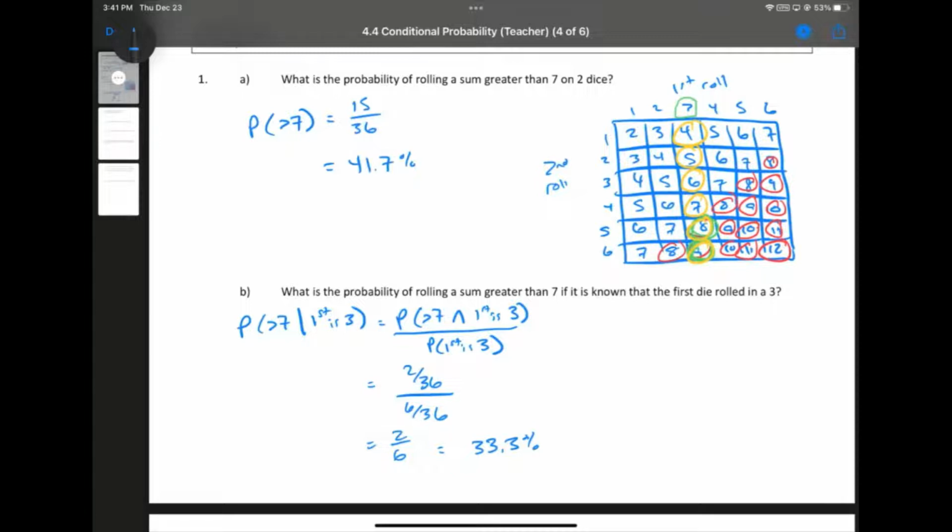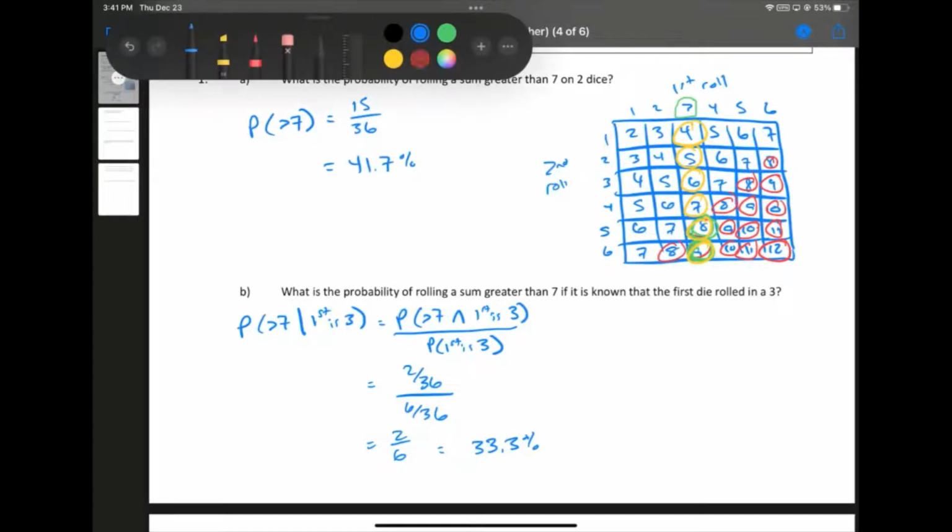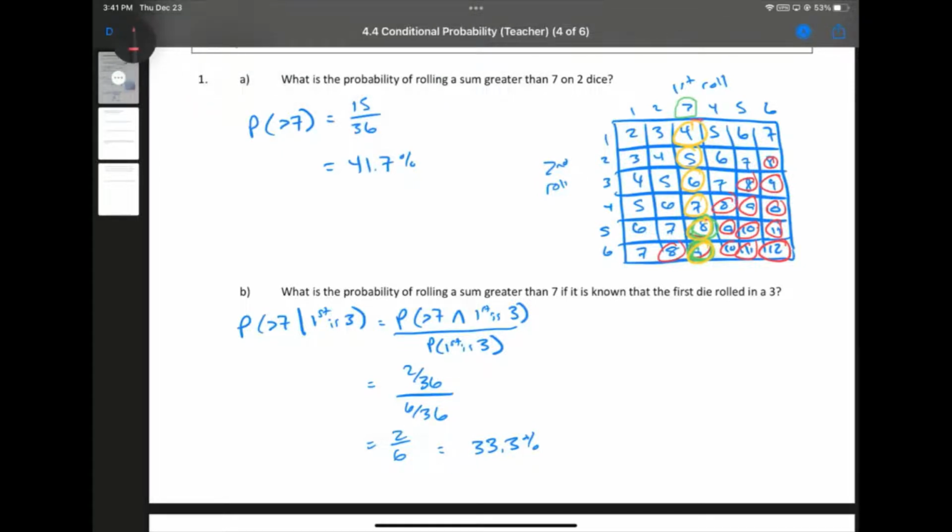Now, another way that you can approach this problem is to just actually brute force attack it and say, wait a second, the probability that the sum will be greater than 7 given that the first number is a 3. Well, if the first number is a 3, that's not a choice. It's been prescribed. We're told that happens. So there's really only 6 possible outcomes. So these are the only 6 possible outcomes because we know the first roll was a 3.